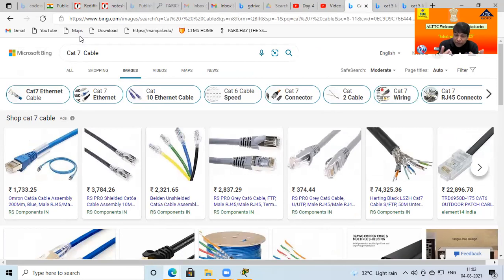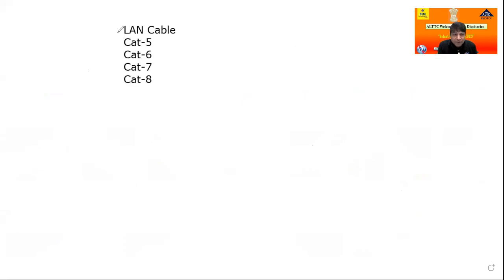But when purchasing, at that time you can ensure it is Cat 5, Cat 6, Cat 7, or Cat 8. Because all cables have the same basic material, whichever cable you purchase. This is copper wire plus alloy.